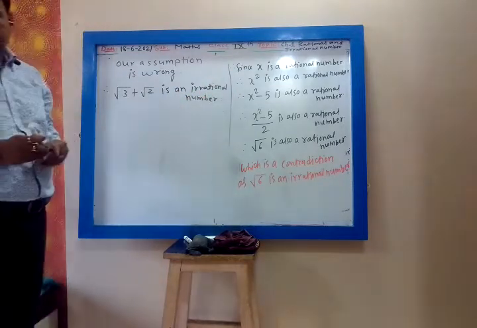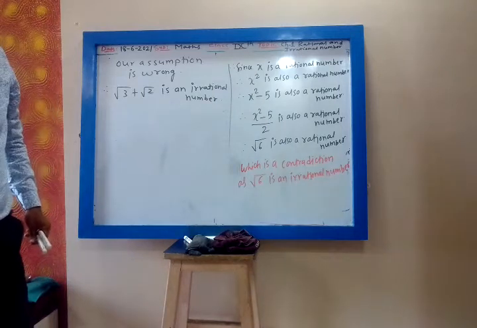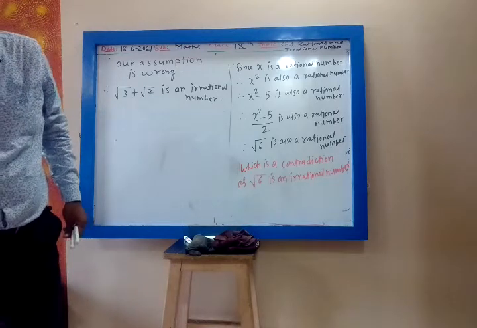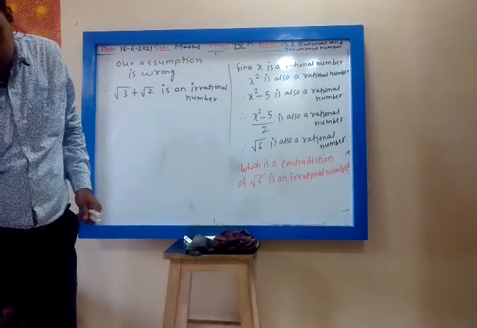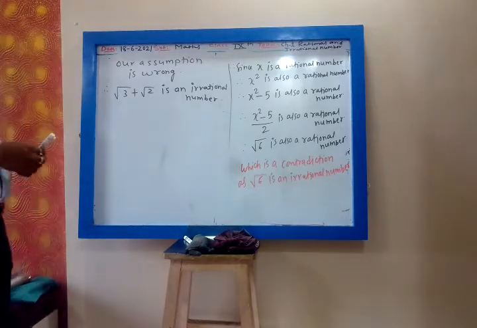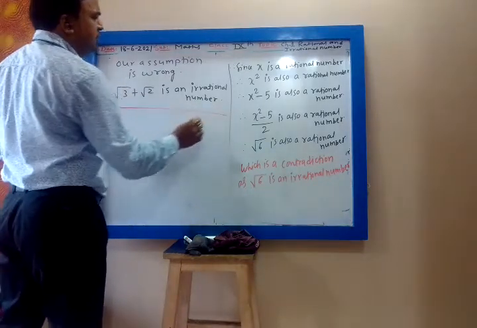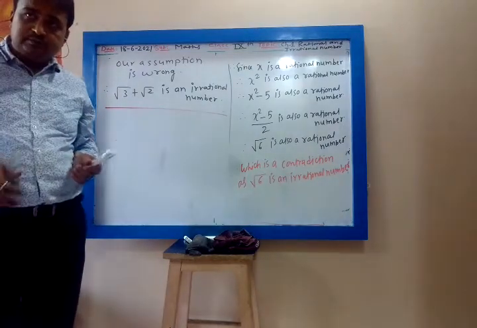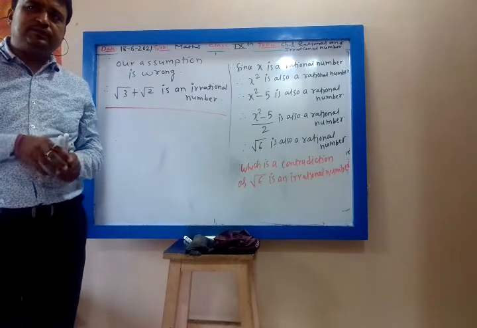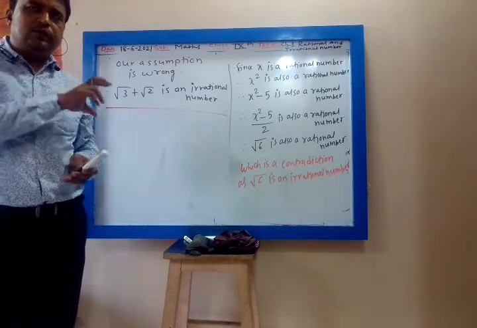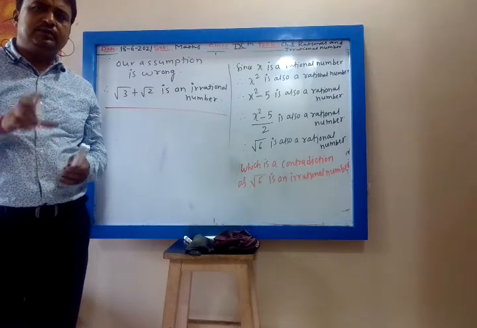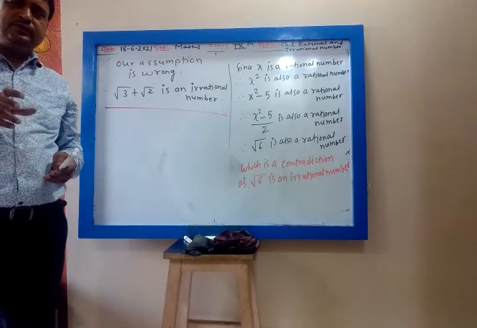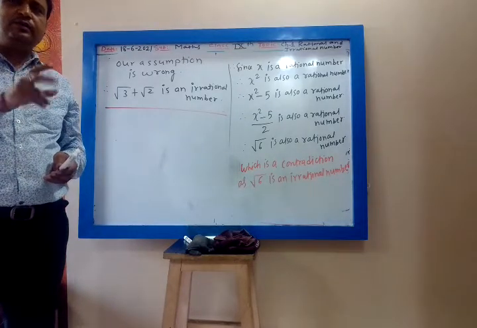In the same way you will do the others also. Clear? So now the remaining two you will do in the same way. But for your course the proofs are not asked in the exam. We have taught you this method of contradiction proof because you must be familiar. Even if it is asked, it will be asked for a single number, either root 3 or root 5.